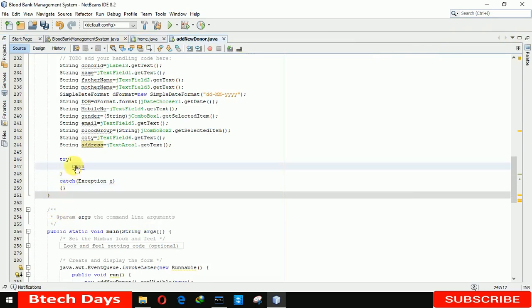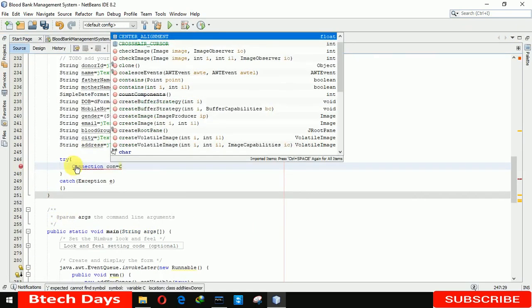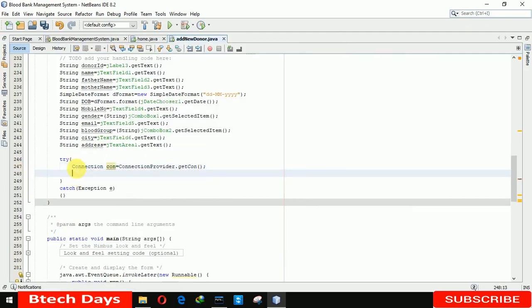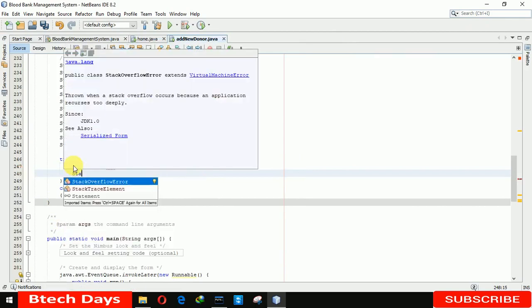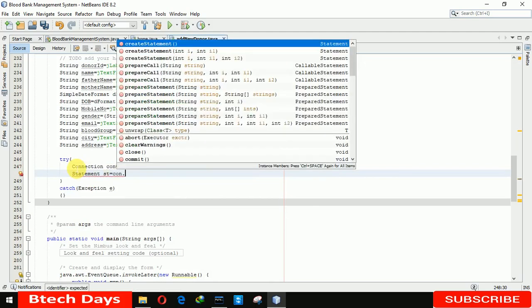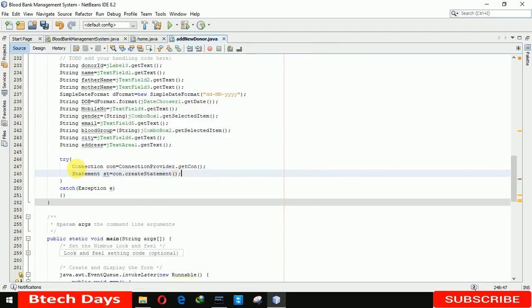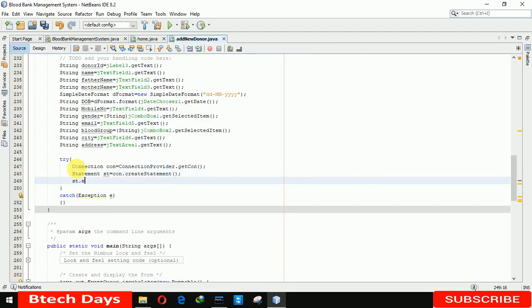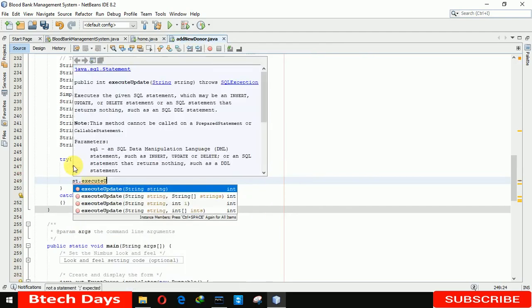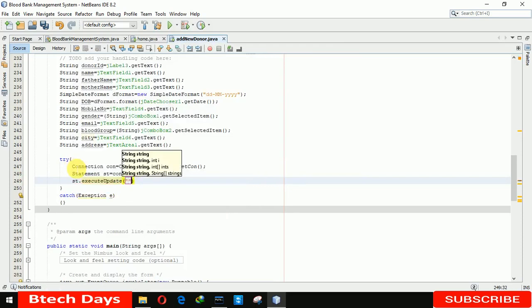Connection, first we need to create a connection with ConnectionProvider, you can see, and in this we are getting the getCon method, a static method already created. Okay, after that we have to create a statement. Okay, the statement has been created. Now we have to call st.executeUpdate. We have to change our database, so I'm using executeUpdate. Now we have to insert